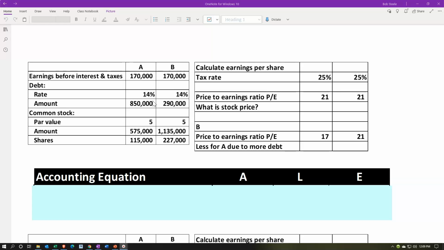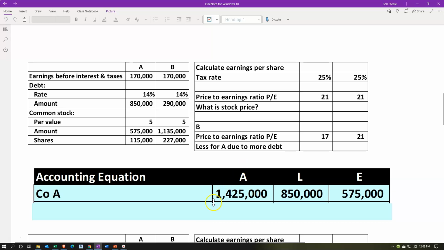First, let's just take a look at the difference between their capital structure, how they're paying for their assets. What's going to be the structure of this? We're going to say, all right, if we look at our accounting equation for these two companies, assets equal liabilities plus equity, we could say that we're given here the liabilities and the equity in essence. So if I look at company A, then we've got the liabilities of $850,000. We have the equity of the $575,000. That's going to give us the total assets then, if we add them up, assets equal liabilities plus equity, of